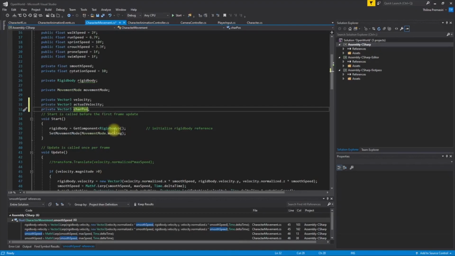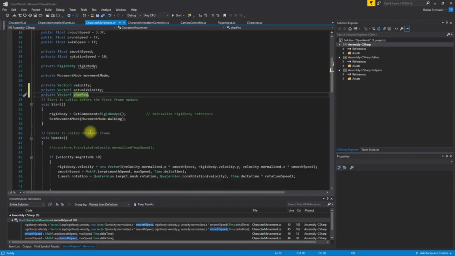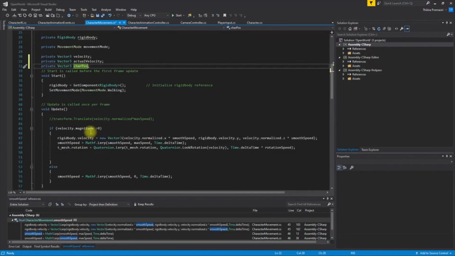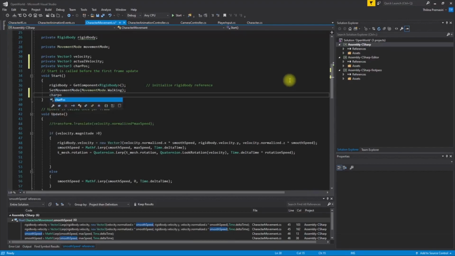So yeah, I'll just use it like prevPos, even though it doesn't make any sense. Equals transform.position,